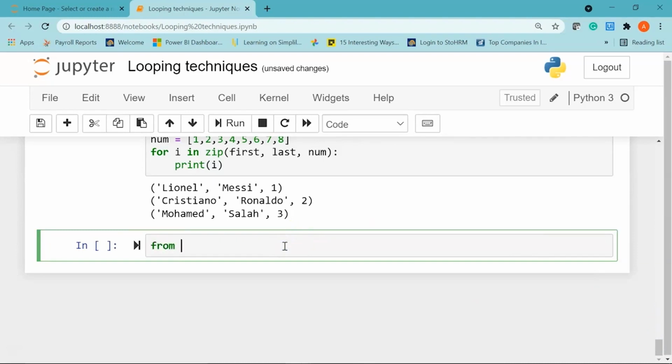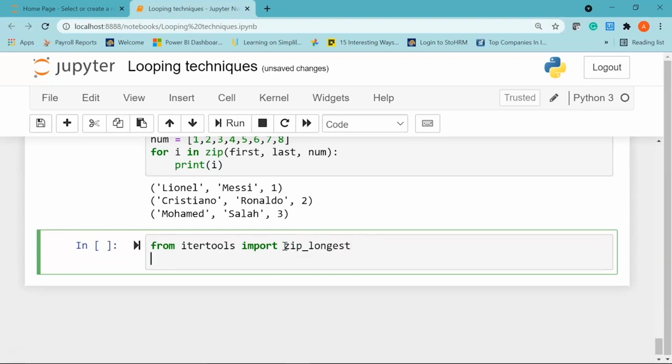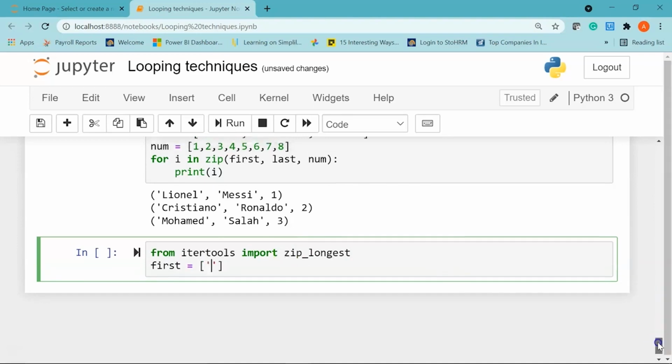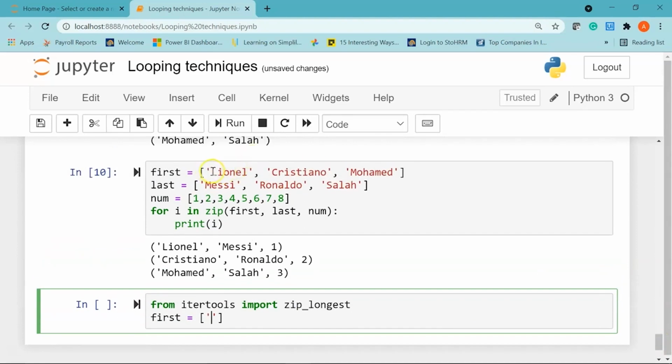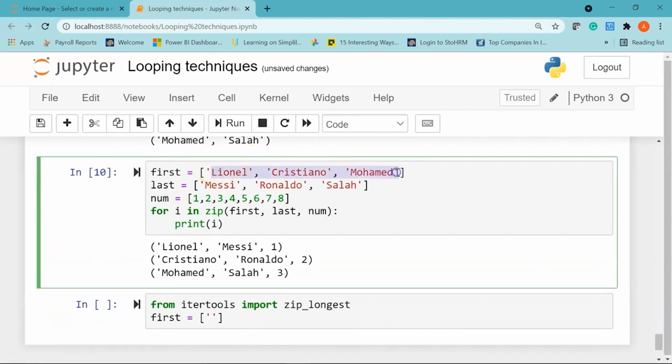To use this function called zip_longest, we need to import zip_longest from the itertools module. So I'll say from itertools import zip_longest. Then I'll create my first list. Let me go to the top and copy the elements because we are going to use these same elements again.